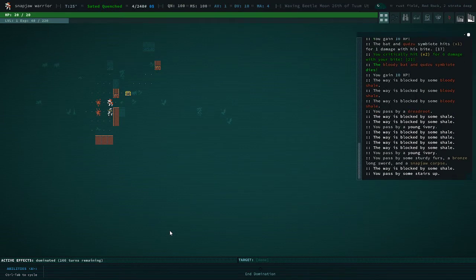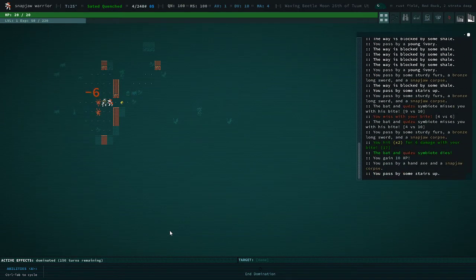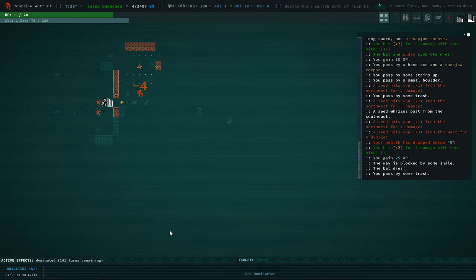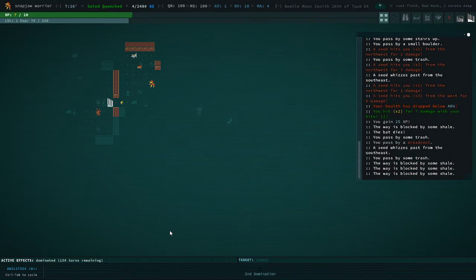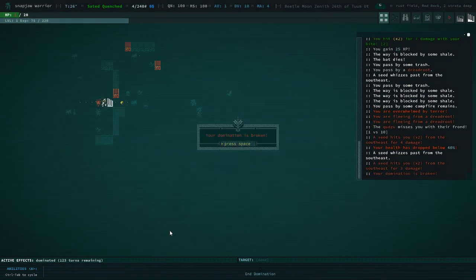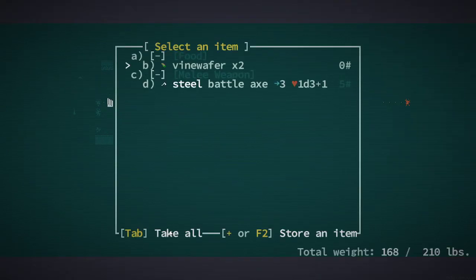I'm kind of looking like an idiot since... There we go, I can kill that, and, well, in general, although this guy doesn't have a torch, so he can't. There we go. Okay, so,